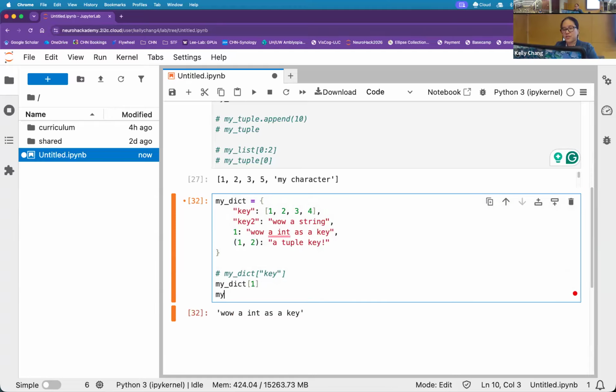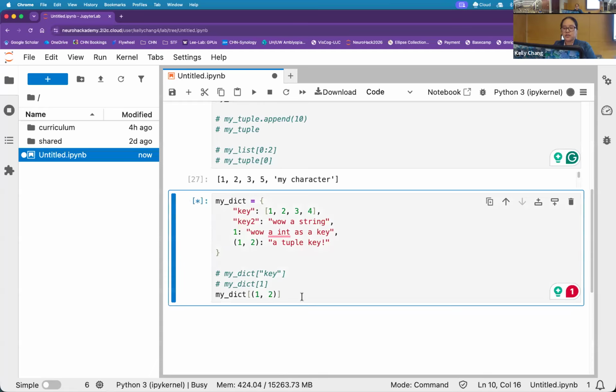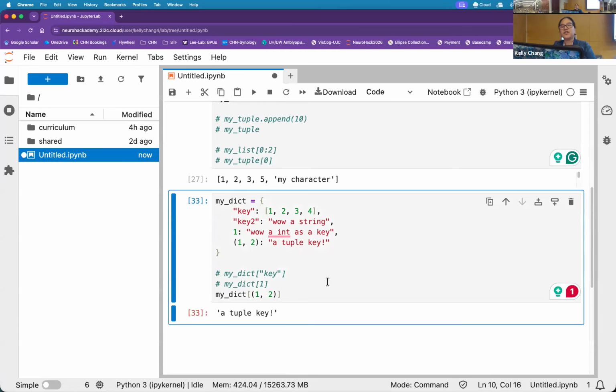You can do a lot of things with dictionaries. They're free to mess around with. I'm showing you this more for the syntax. Wow, even I can't do it in one fell swoop. You can also call it from a key being a tuple. Please note the parentheses here, and you can also call it from a tuple key. You can see it's very complex, but I'm just showing you that with this kind of data class, you can do a lot of things.